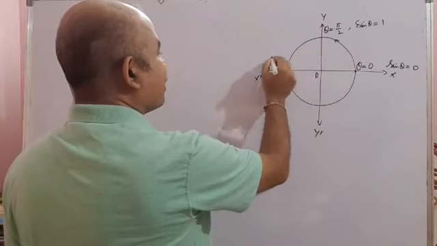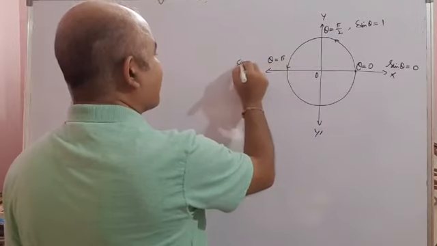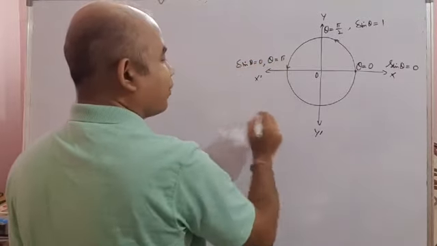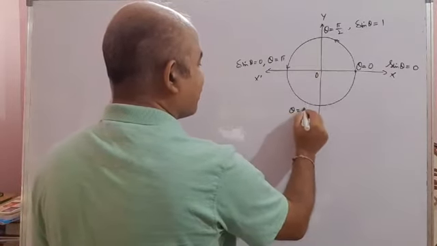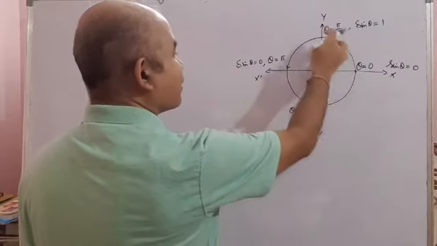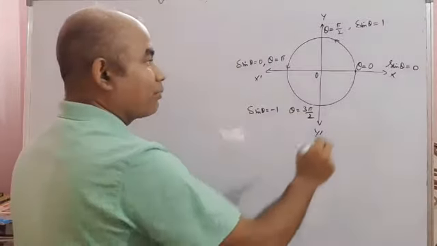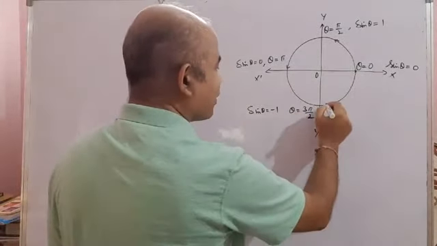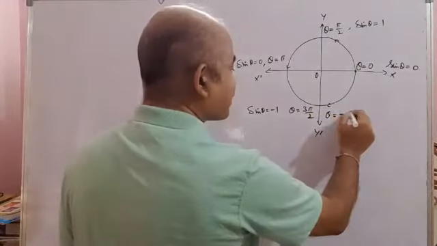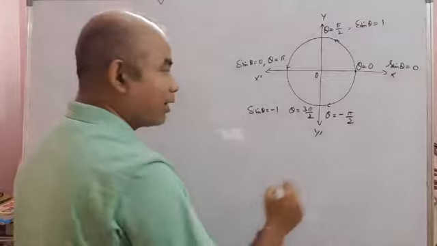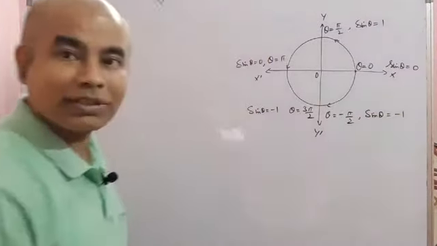Again, the ray is rotating in this way. When you are here, at theta equal to 180 degrees, sine theta is again 0. When you are here, theta is 3 into 90 degrees, because 3 quadrants, then sine theta is equal to -1. Or if you come from this side, in the clockwise direction, as you know an angle in the clockwise direction is negative, theta will be minus pi by 2, and in that case sine theta is equal to -1. So all of you must know this.